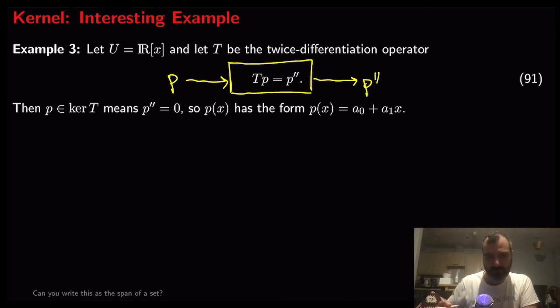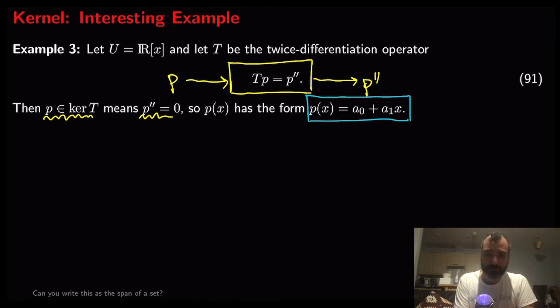Derivative and derivative again. I'm looking for the kernel. So a P is inside the kernel if T of P is equal to 0, or if the second derivative of P is equal to 0. What are those polynomials whose second derivative is equal to 0? I'll leave this to you to be convinced that what I'm telling you is true, but these are the linear